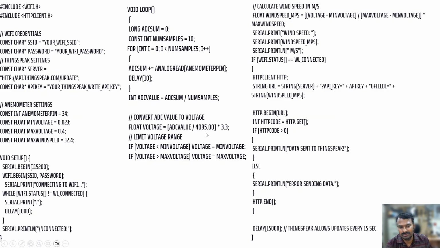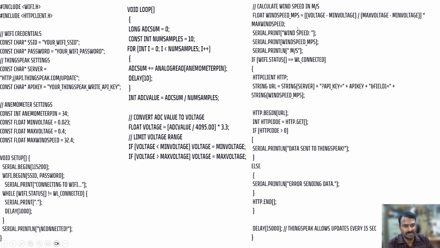If you are using Arduino Uno, then you may have 1023. So it differs for each and every controller. Then there are some conditions. If voltage is less than minimum voltage, then voltage will be set to minimum voltage, and if the voltage is greater than maximum voltage, then voltage will be set to maximum voltage. And the speed calculation is given here. Float wind speed equals voltage minus minimum voltage, divided by maximum voltage minus minimum voltage, into wind speed. So this is the formula used here. From here we will get the wind speed